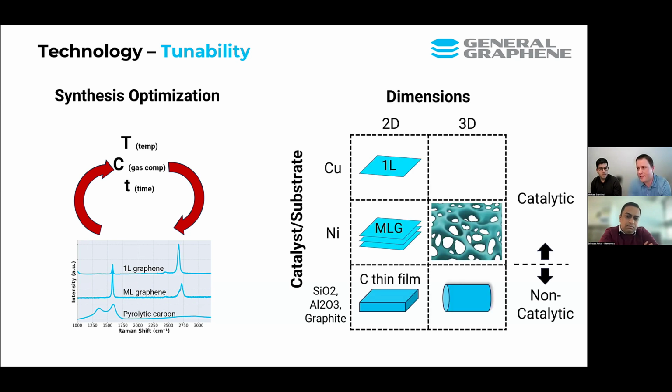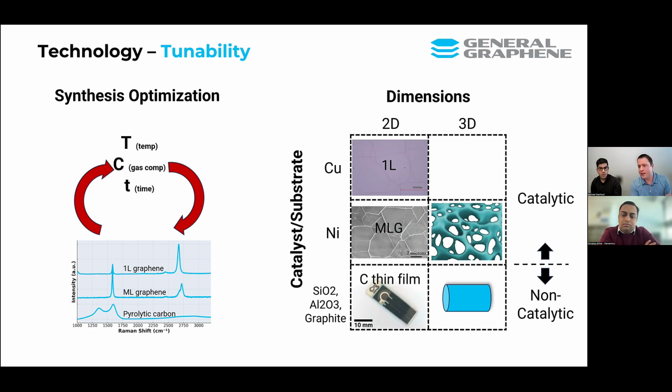So here's a matrix that helps explain this. We have on the y-axis different catalysts, and across the x-axis, different dimensionalities of this catalyst. If we're working with a two-dimensional carbon film, we use this to produce monolayer graphene. Here we show an optical image of transferred monolayer graphene. If we're working with a two-dimensional nickel foil, this is what we use to produce our multi-layer graphene. If we're working with a two-dimensional refractory material, this is something that we can't typically produce graphene on, but we can deposit our pyrolytic carbon coatings, which have their own applications.